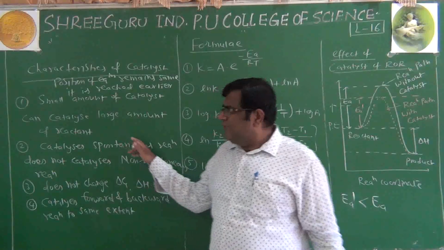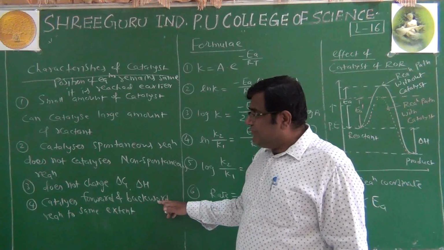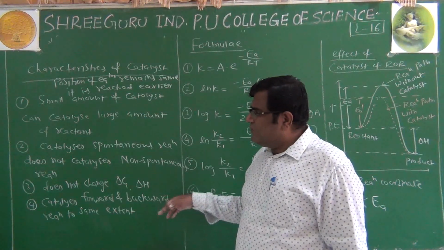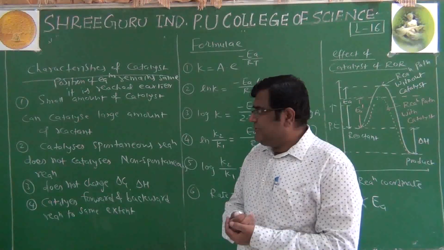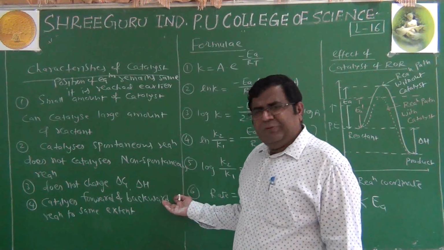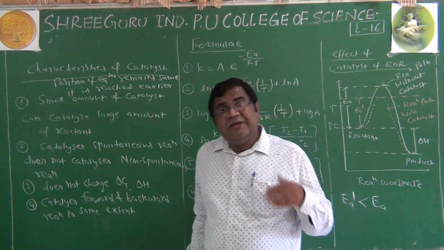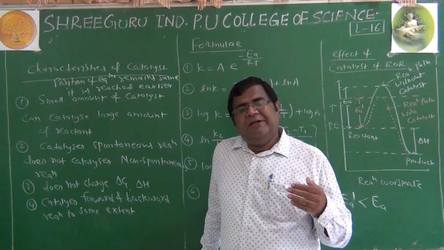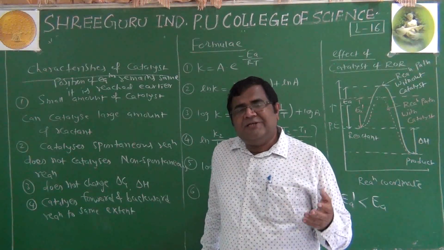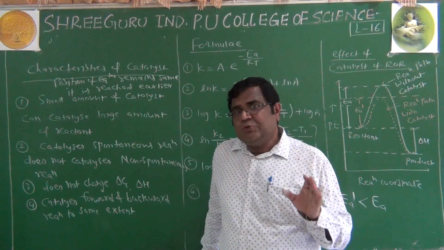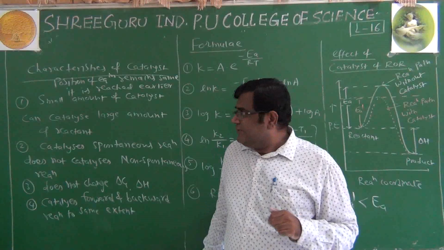So these are some 3-4 important properties of the catalyst. We'll come across these properties once again in the topic called surface chemistry. But in first year also we mention these properties about the catalyst because we should know what role catalyst can play in a reaction and what it cannot do. So we should know this. That's why we have listed these properties.